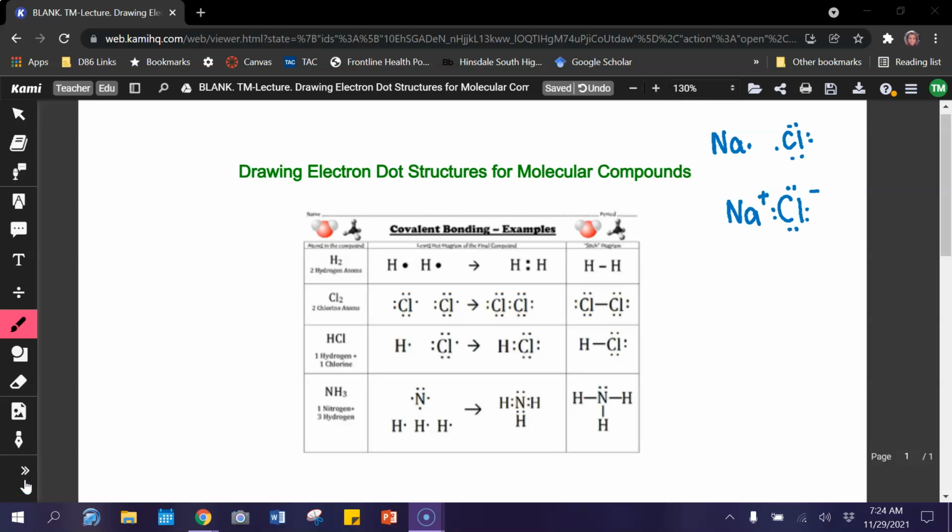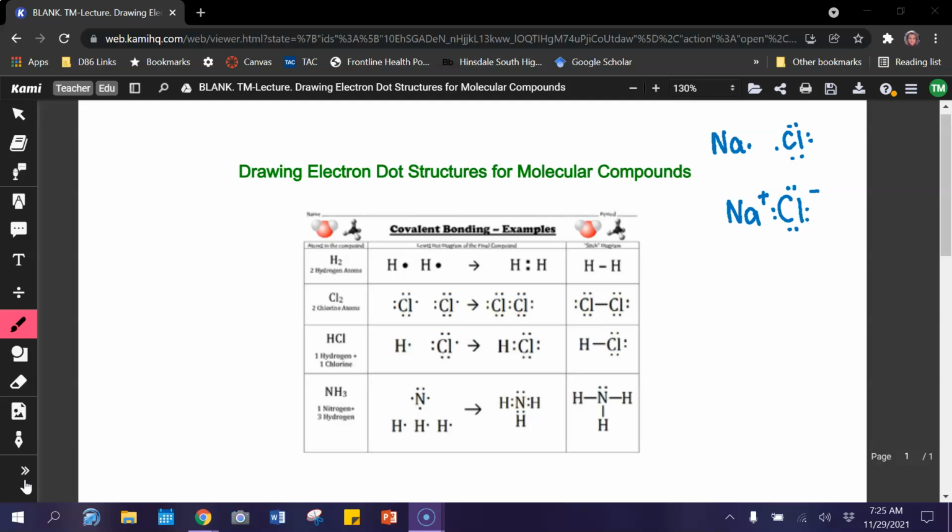Hi chemistry students! I wanted to talk to you today about drawing electron dot structures for molecular compounds. They're going to look a little bit different from what we've been doing in the past. In the past we were studying electron dot structures for ionic compounds, and remember that ionic compounds contain a metal